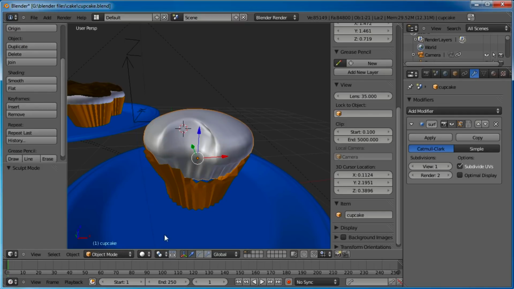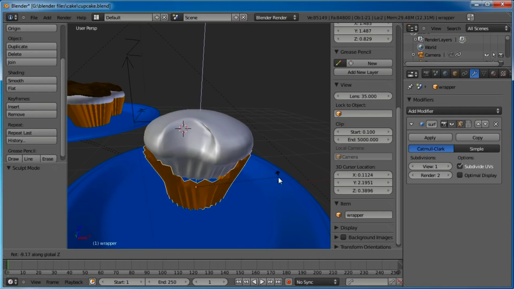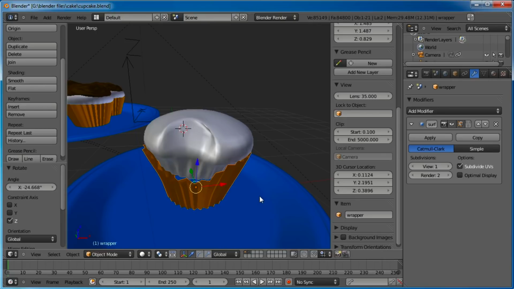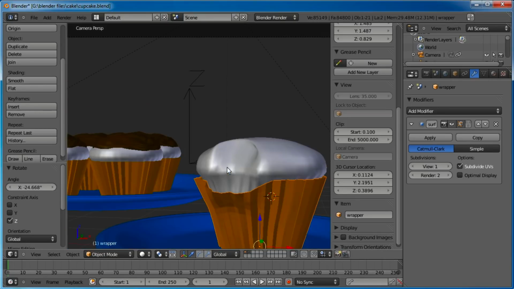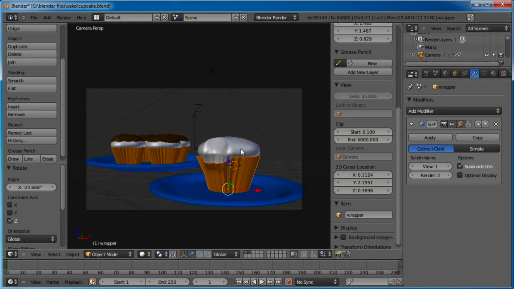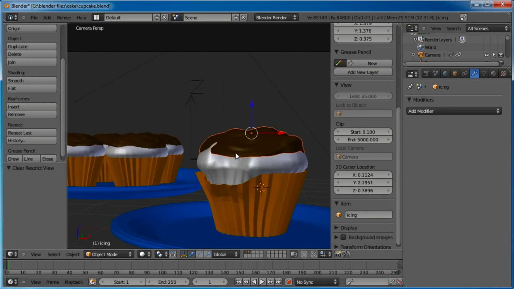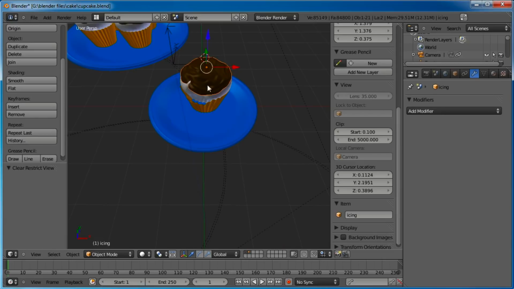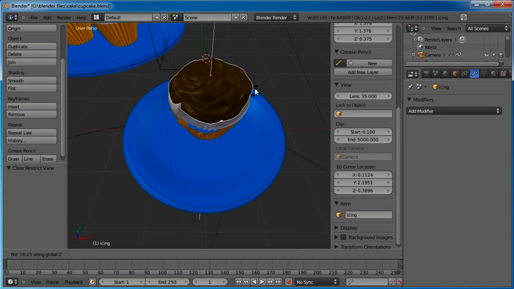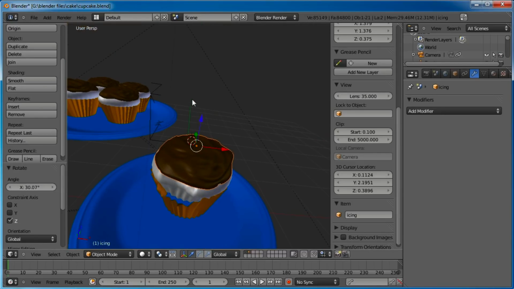Okay, now let's go back to object mode. Let's rotate this wrapper so it kind of corresponds with the bite that's been taken out. Back to front view. Kind of see this working the way we're wanting here. Alt H, and let's now make this frosting have the bite out of it as well. Kind of rotate it around so it kind of